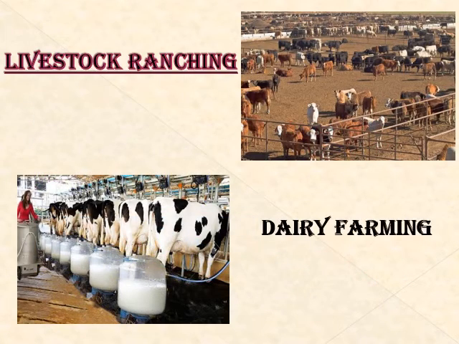Third type is livestock ranching. Students, what do you mean by livestock ranching? Listen, livestock ranching is a long existing agricultural practice that involves raising livestock, which commonly includes grazing animals such as cattle and sheep. Students, it is also a part of commercial agriculture. This activity is common in the grasslands of America, South Africa, Australia, and New Zealand.